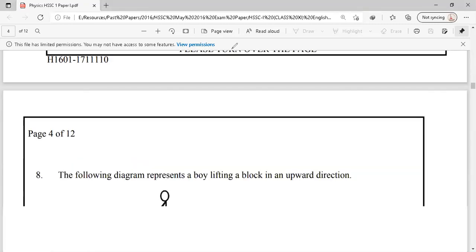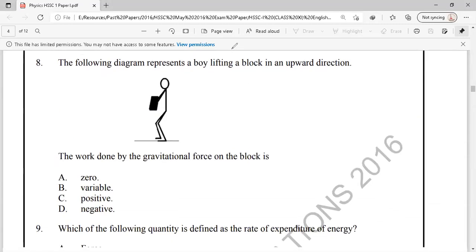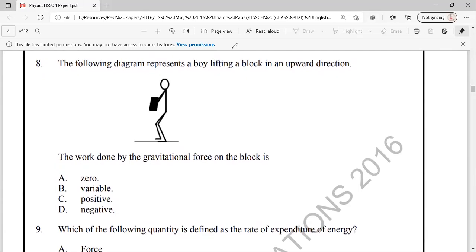Let's come to our question number 8. The following diagram represents a boy lifting a block in upward direction. So for lifting a block in upward direction, this person should apply the force in this way, or in upward direction. So the work done by the gravitational force on that block will be,